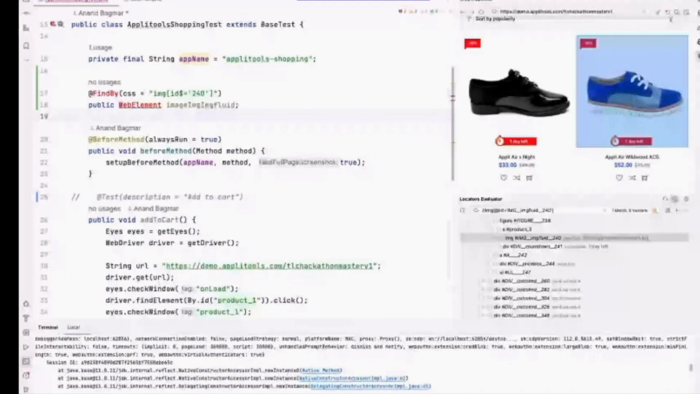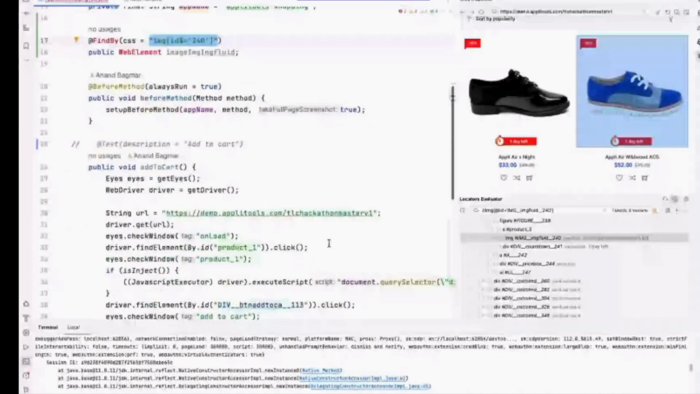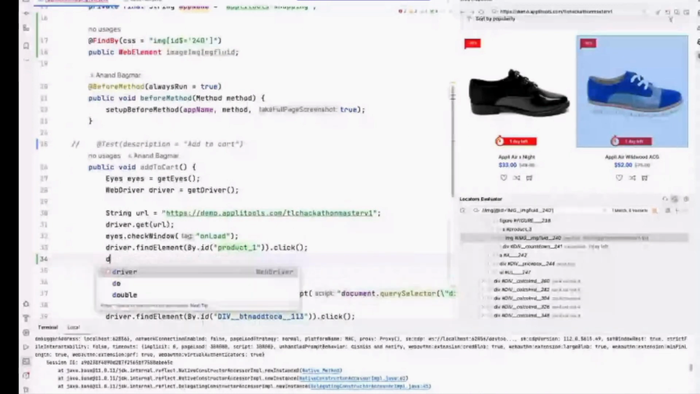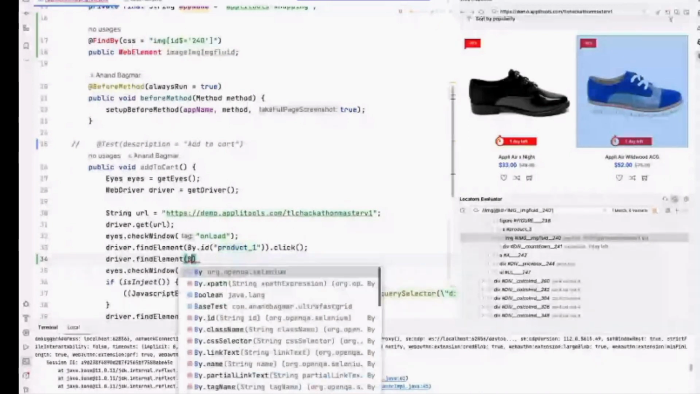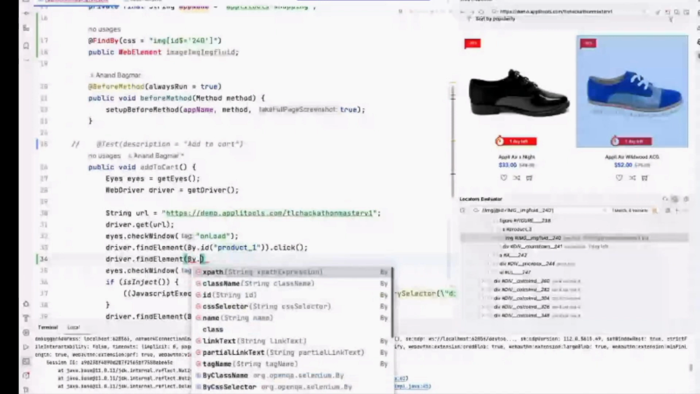Okay, so with this, depending on how your framework is implemented, you could say, yes, I am using find by. So let me just import those statements and use that. Or maybe I'll say, no, I do not like to use find by. I'm just going to use this directly over here. I'll say driver dot find by dot css selector